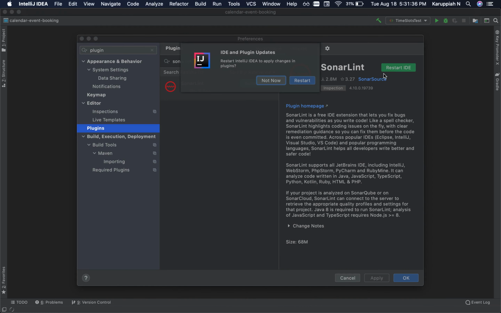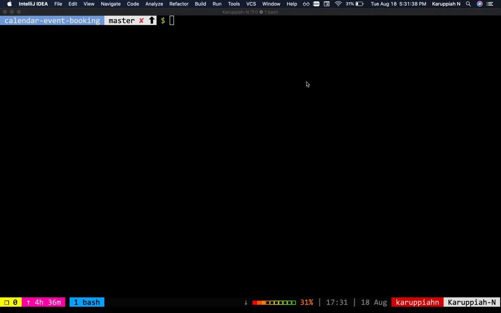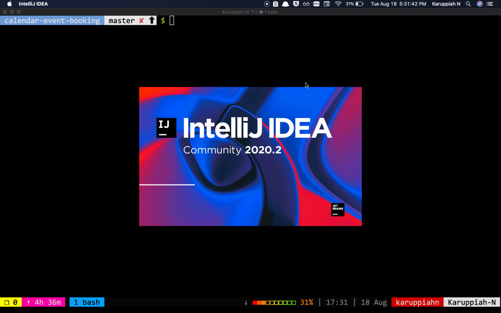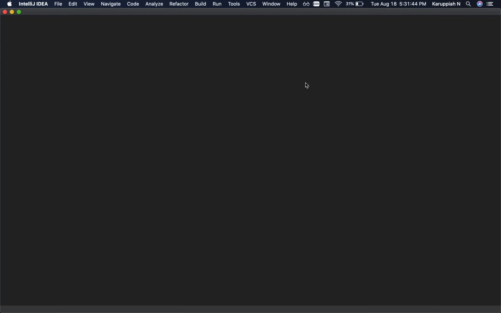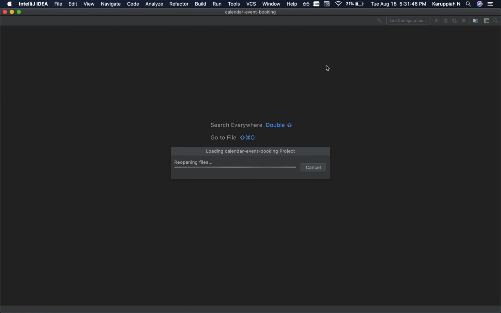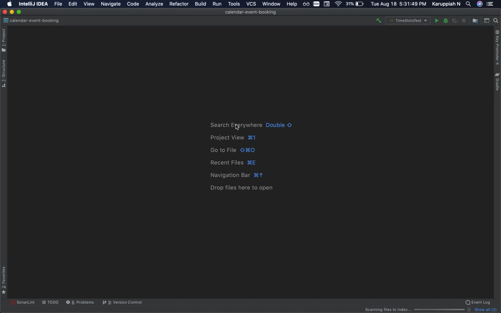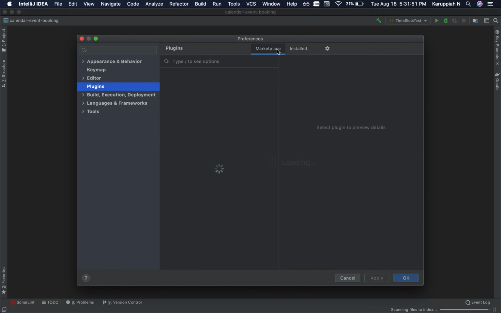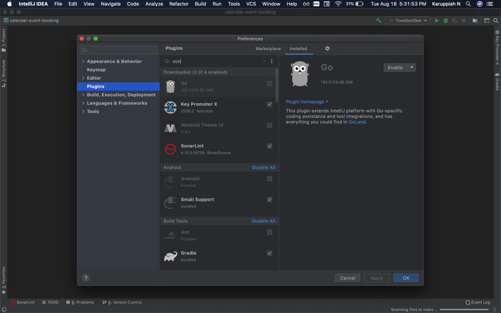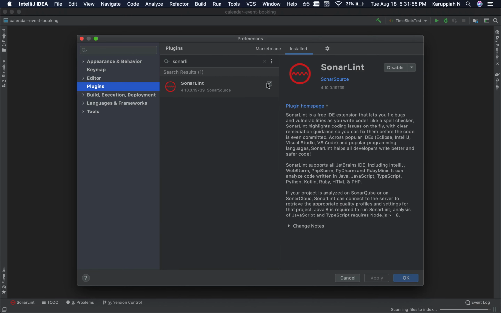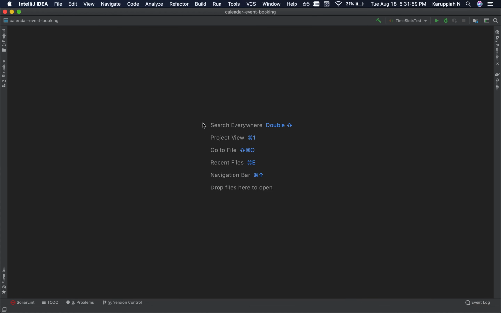We have to restart the IDE apparently, so I'll do that. Okay, let's see if SonarLint is installed and enabled. It is. Now let's see if it really works.